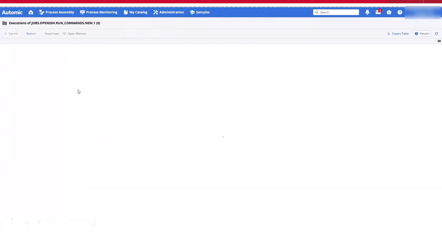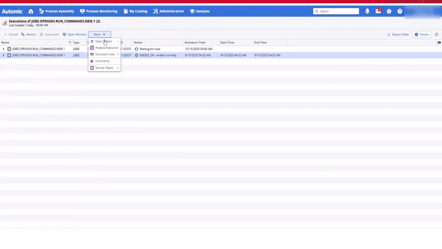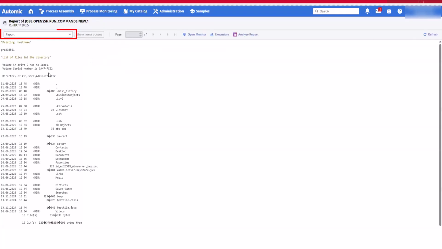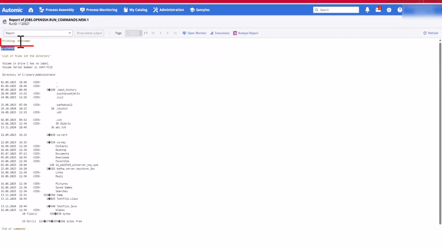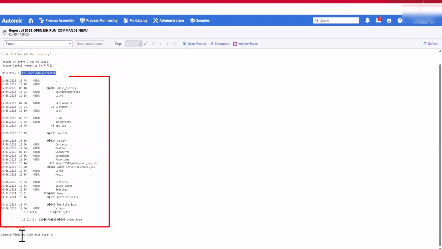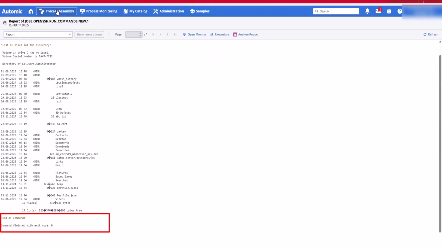Let's switch to the executions view. Let's have a look at the reports. The report contains all the information that the target system sends to Automic Automation when the job has been executed. Following the host name, the system lists all directories located in the specified path, such as c:\users\administrator. These are the directories that are accessible, followed by the end command output. In other words, the information is presented in a way that is easy to break down and analyze for further